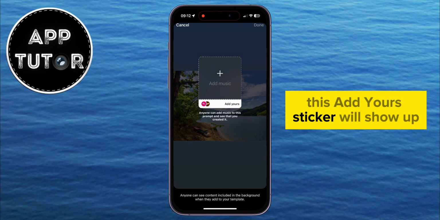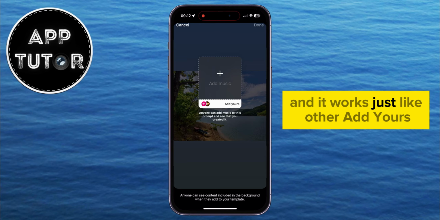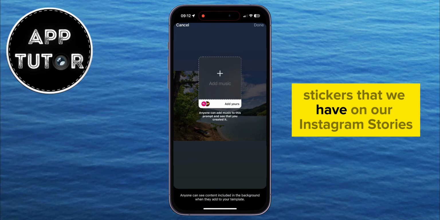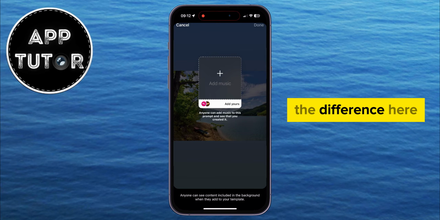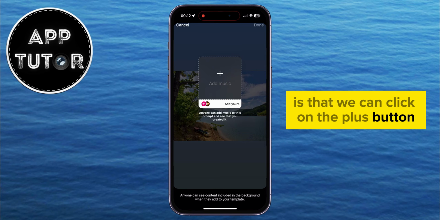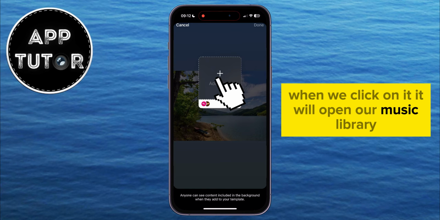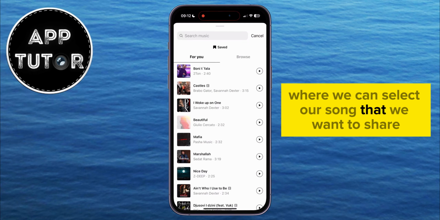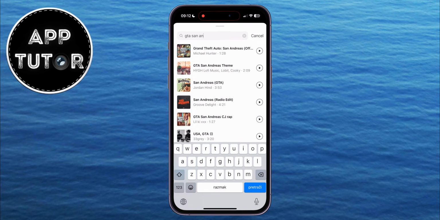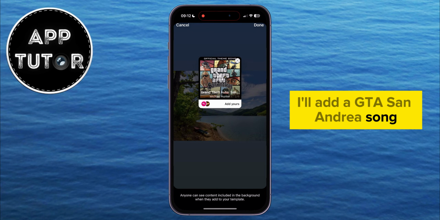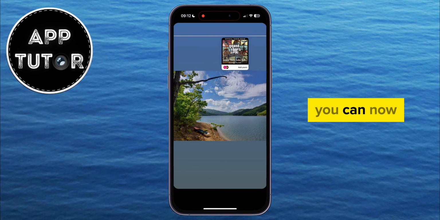This Add Yours sticker will show up, and it works just like other Add Yours stickers that we have on our Instagram stories. The difference here is that we can click on the plus button in order to add a song to our story. When we click on it, it will open our music library, where we can select the song that we want to share with the story. I'll add a GTA San Andreas song, and when you do this step, you can now share the story with